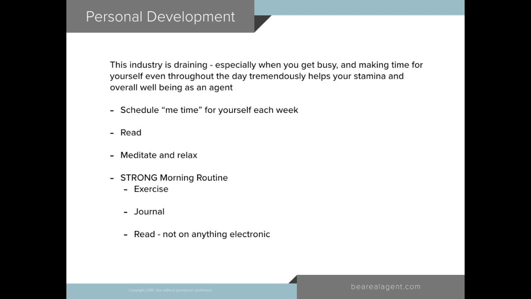Journaling. Maybe it's a gratitude journal. Maybe it's affirmations. Just getting your thoughts out and having some time to yourself to process and remember how thankful you are or mad you are, whatever it is. It's really helpful to do that. And read. And don't do it on your phone. Don't get on social media. Don't read emails. Actually read. Most of the very successful people in the world today, when interviewed, they highlight their morning routine almost more than anything, and they attribute more success to this than almost anything they do. So having a strong morning routine is super important.